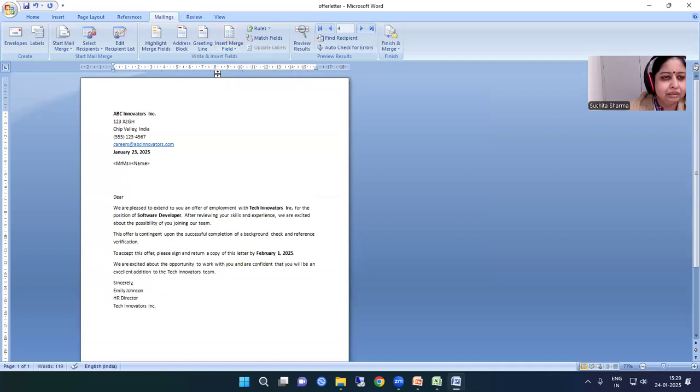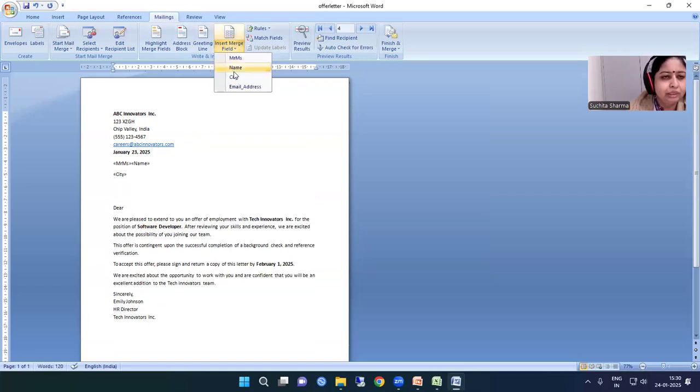You can press enter because you want to insert city in the next row. Now you can insert email address. These are your fields. You can also select Mr. or Mrs. if you want to, or otherwise, if you don't want to select separately, then you can also select both the options, type this, and after that the name will appear. Whatever is concerned to that person will automatically be selected.